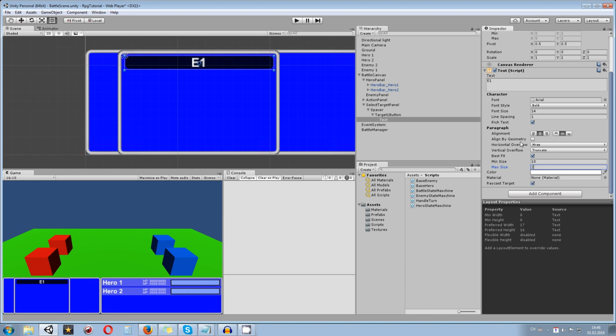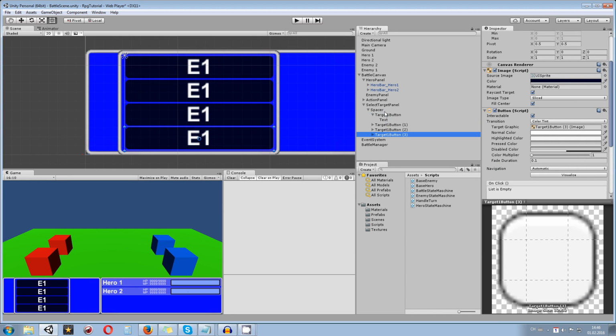So let's assume we have a maximum text size of 30 and we have best fit on. The problem later on might be that they will overlay, but as you can see, they will still fit once I have 4 inside, but